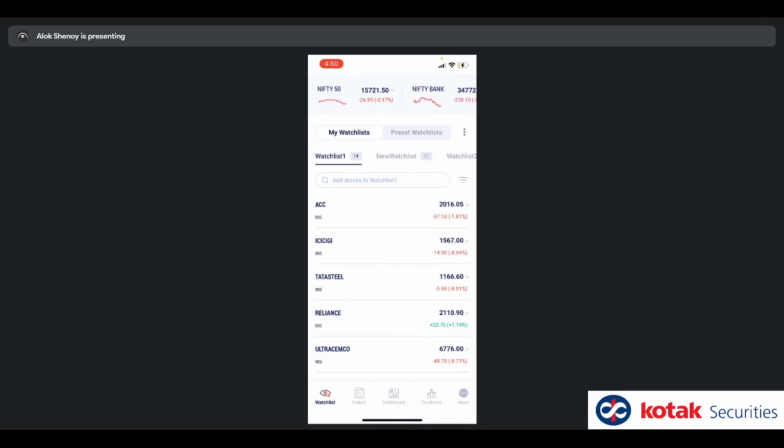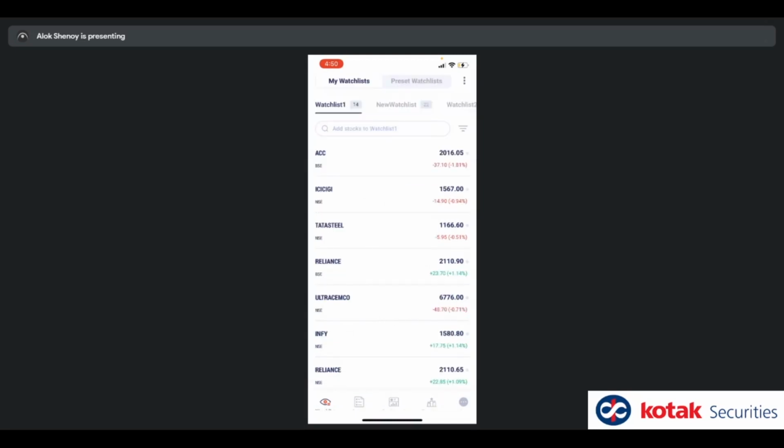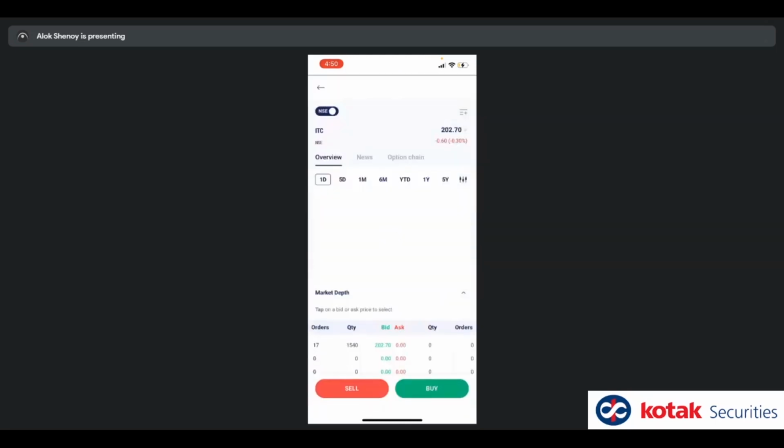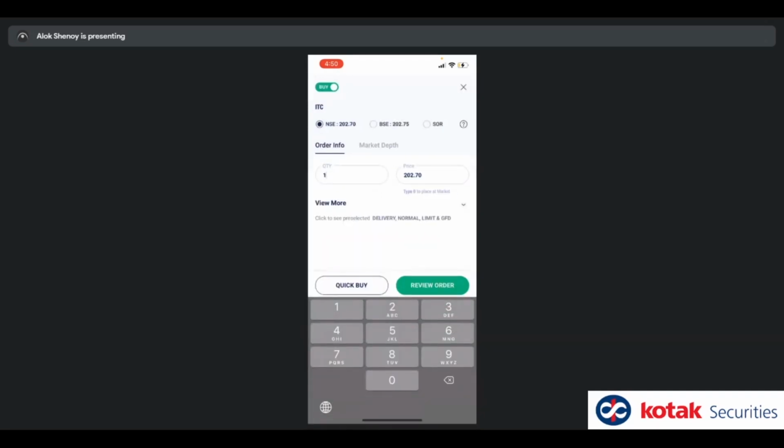Okay, so now moving to the order form, right? Because the next obvious thing, आपने watch list देख लिया, you want to now place a trade, right? So for example, let's take something which I have. Okay, so we've got ITC here, and I'm going to click on the buy button. Okay, so I'm just clicking buy. You can see that this is the default order form that opens up.